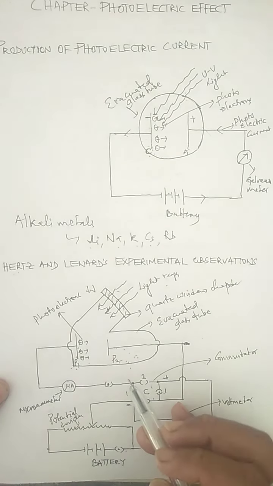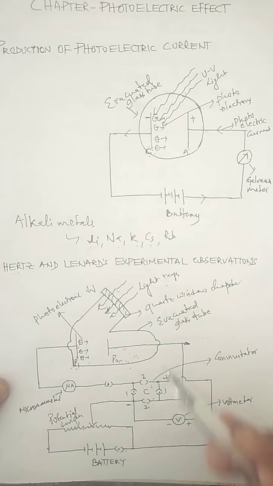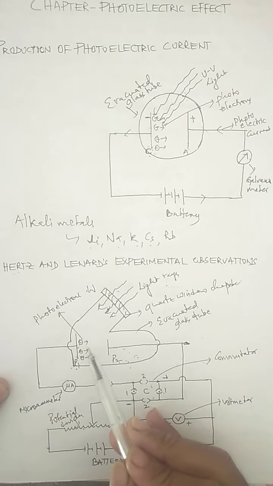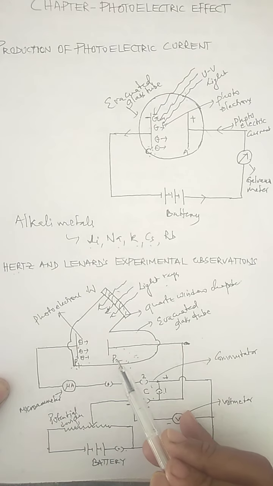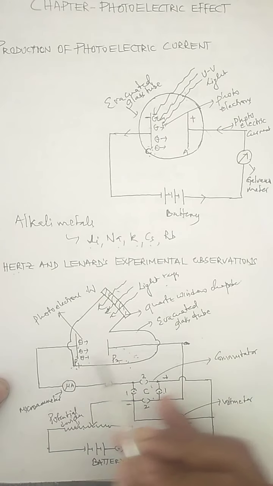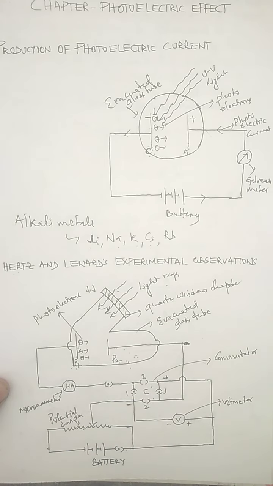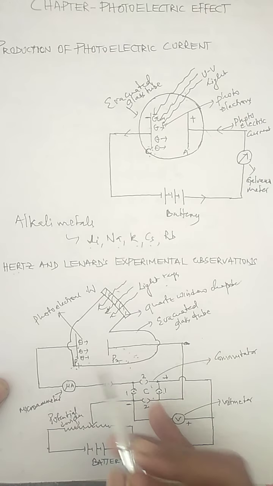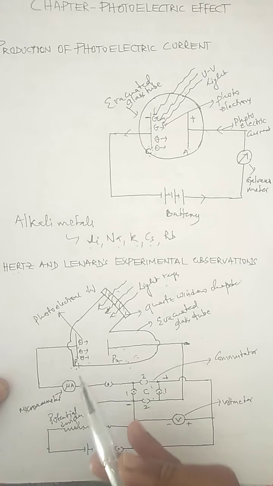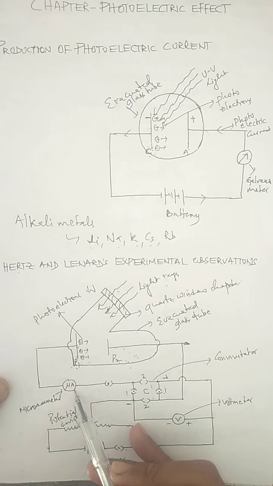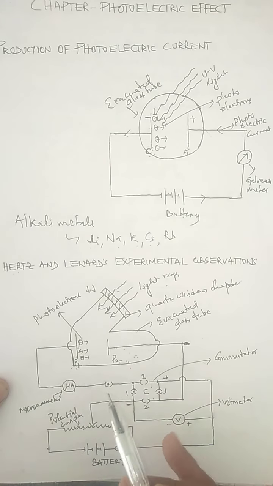Now it was observed that if the plate P2 is made to have a sufficiently high positive potential with respect to plate P1, all the photoelectrons reach the plate P2. They reach the what? P2, because electron is a negative charge and this becomes the positive plate, and there is an attraction between the negative charge and the positive plate. So in this case, it was found that there was a maximum current. Listen carefully, there is a maximum current which flows through the circuit, and this current is measured by this device called a microammeter, and this current is called photoelectric current.